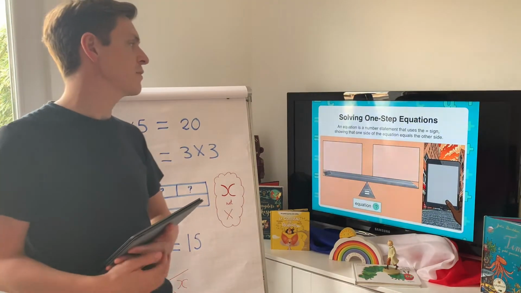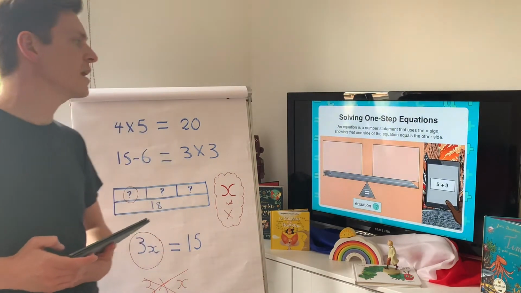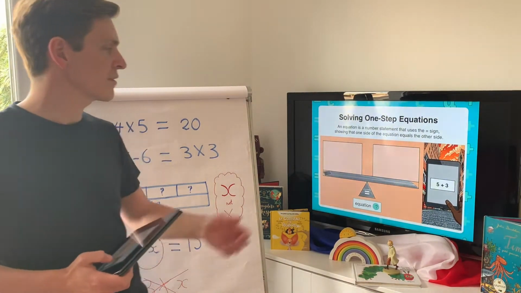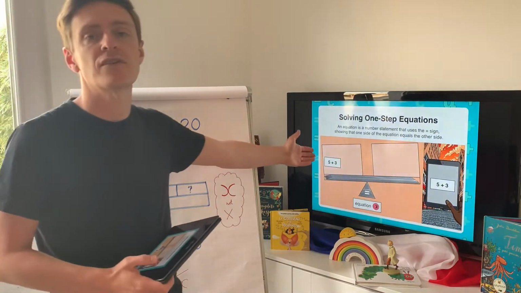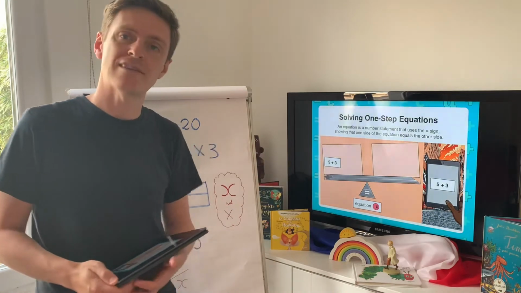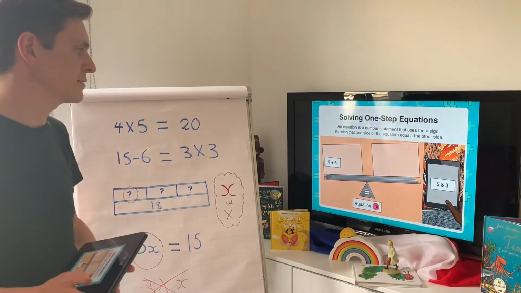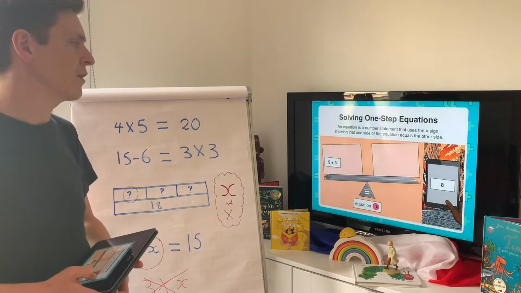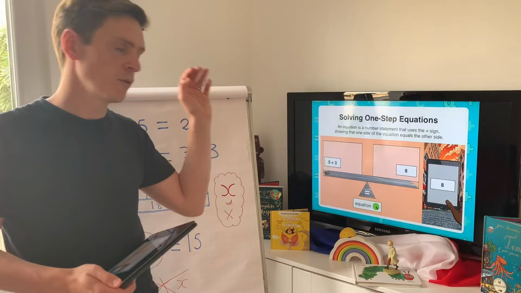An equation is a number statement that uses the equal sign, showing that one side of the equation equals the other side. The simple example we've got up here is 5 plus 3. I've got 5 plus 3 this side, but it's not balanced, is it? We need to have an equal amount on this side. So, if I know that 5 plus 3 is 8, and I put it on the other side, we're okay,